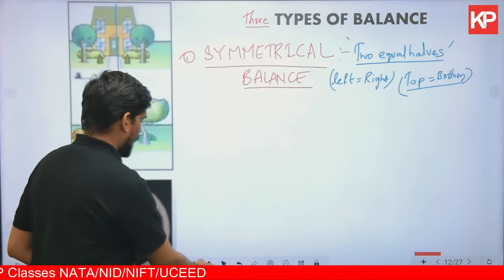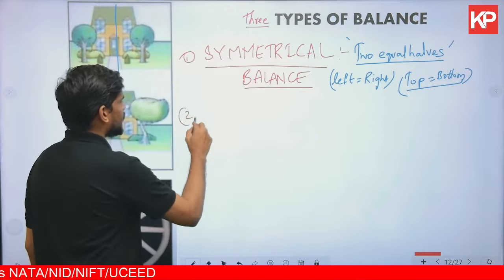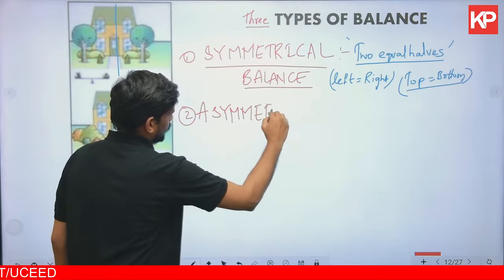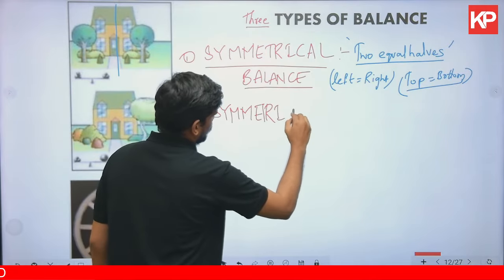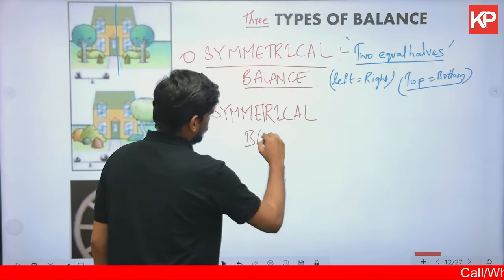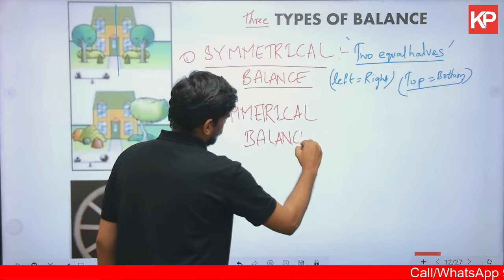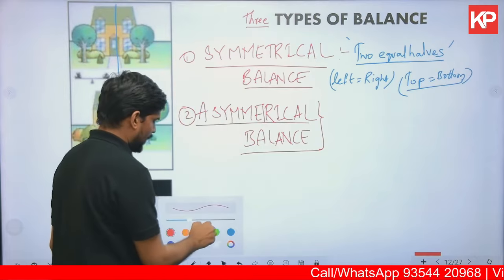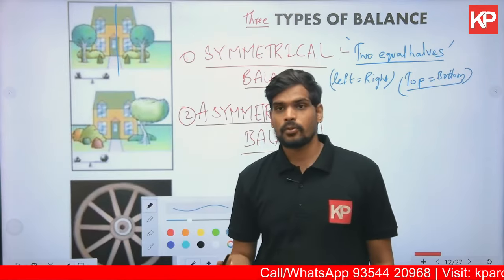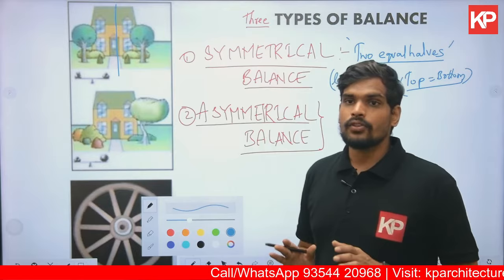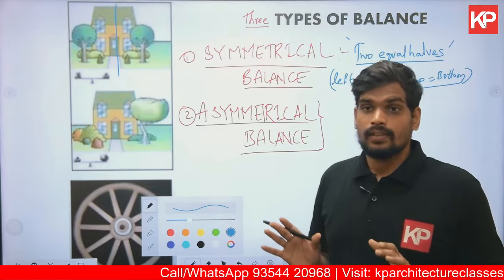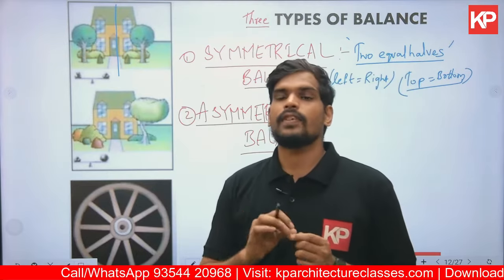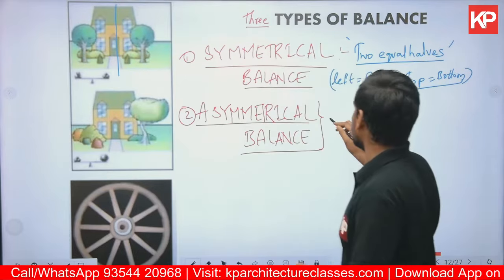The second type of balance which you can see over here is asymmetrical balance. Asymmetrical balance is, though it's a type of balance, what is balance again? Uniformity in the distribution of visual weight. Even in asymmetrical balance, you do have uniform distribution of visual weight, but in an asymmetrical manner. What is asymmetry? Left is not equal to right. So asymmetrical balance is basically